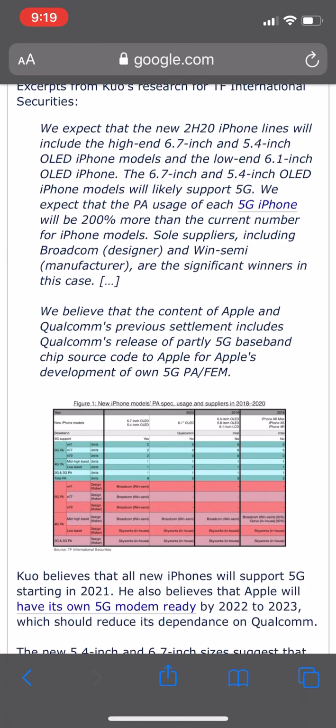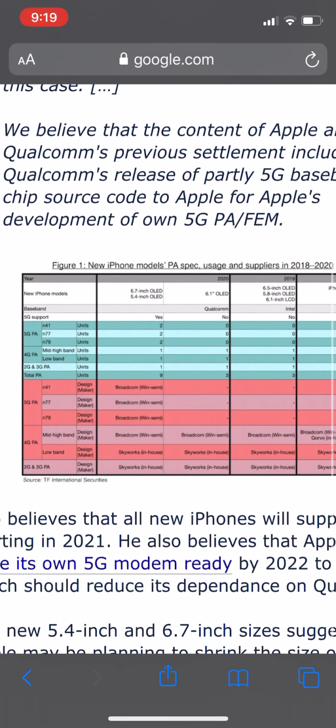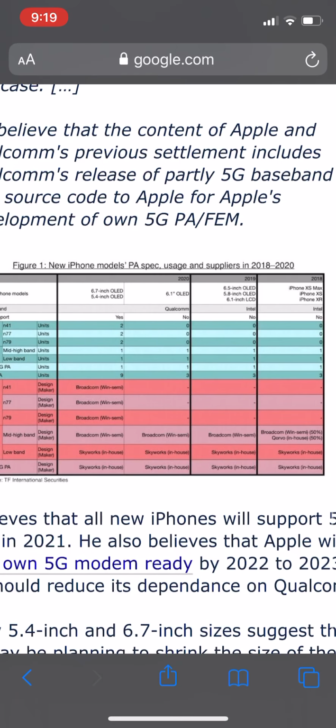Now, this is kind of what they're showing here regarding the devices: 5G support on the 6.7 and 5.4, and the 6.1 just having LTE. Now, the 2019 lineup, like we stated, is going to be looking at the 5.8 and 6.5 OLED and the 6.1-inch LCD, and